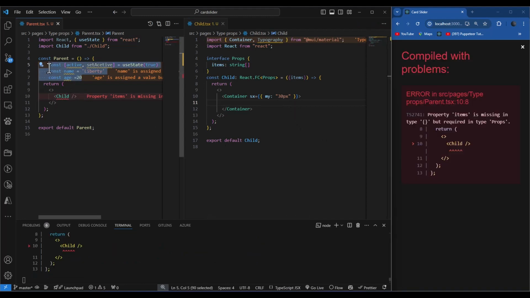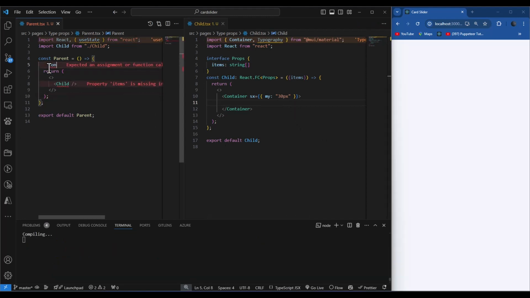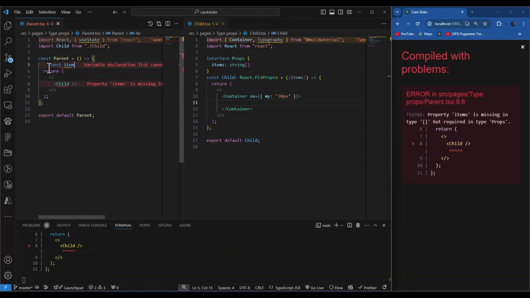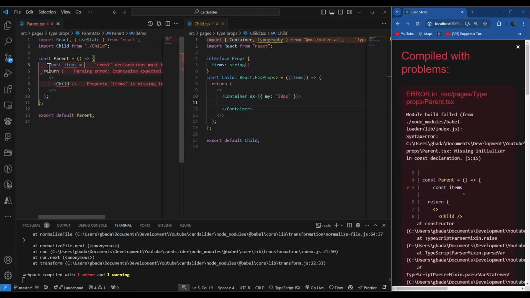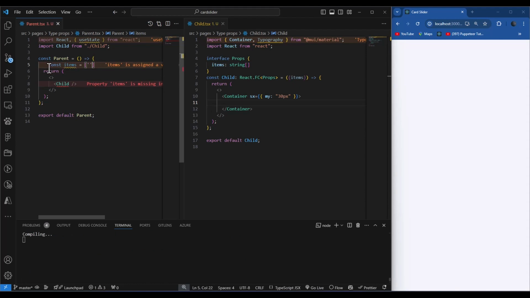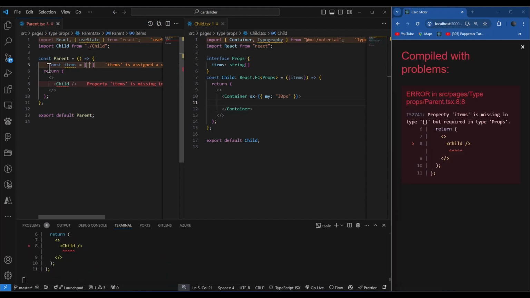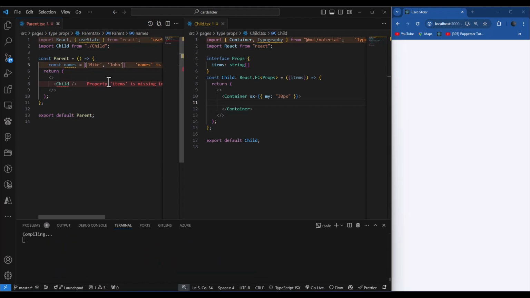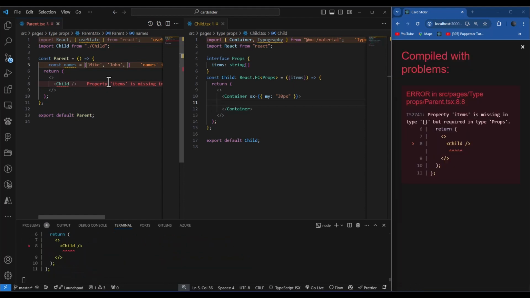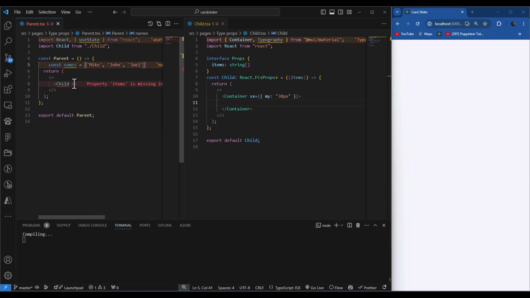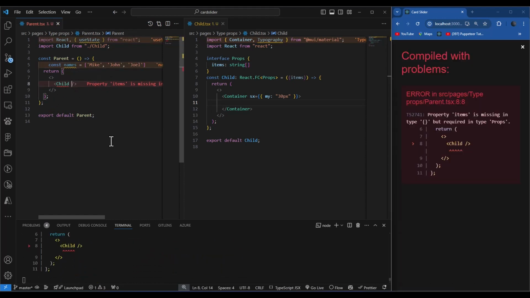So from the parents here, I'm going to have my item to be, let me just make it names instead. So I'm going to have Mike, I'm going to have John. I'm going to have Joel. Let me just make it 3. So here I'm going to pass my